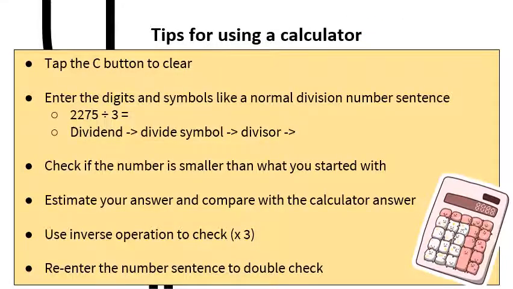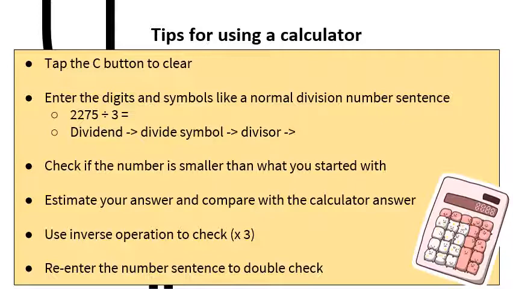So here are those tips for using a calculator just in some dot points. Tap the C button to clear at the beginning. Enter the digits and symbols like a normal division number sentence. Check that the number is smaller than what you started with. That's a real dead giveaway. Estimate your answer and compare with the calculator answer. So you can estimate it 2 ways. You can find the answer and multiply it by 3 using inverse operations, or you can sort of in your